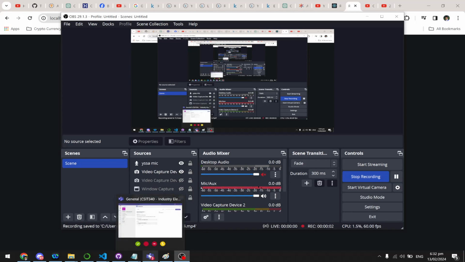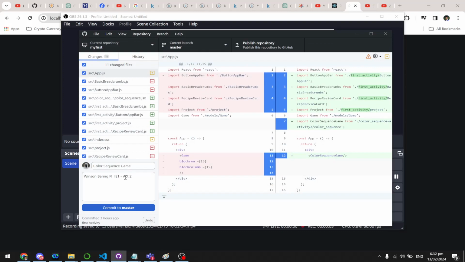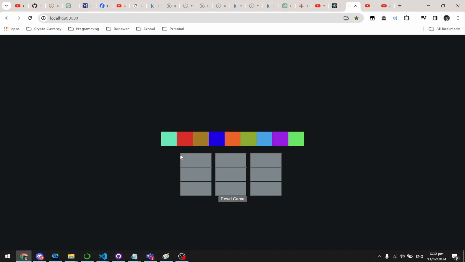Hello, good morning. This is Winston F1, Industry Elective 1. This is the Activity 2 Color Sequence game. This is my